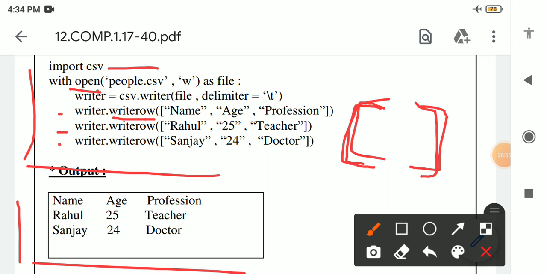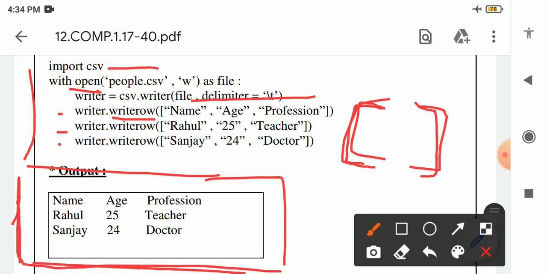Here we are passing the information in the form of a list, but when we get the output it is in the form of a string. And the delimiter, the separator, is backslash t. That is why there is only blank space here. After name there is a blank space, then age, after age there is a blank space, like this.